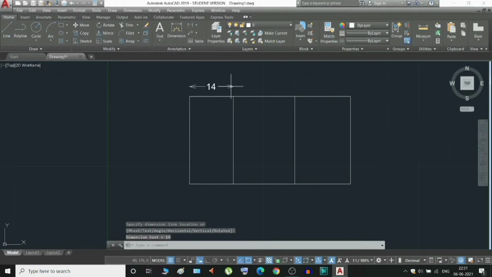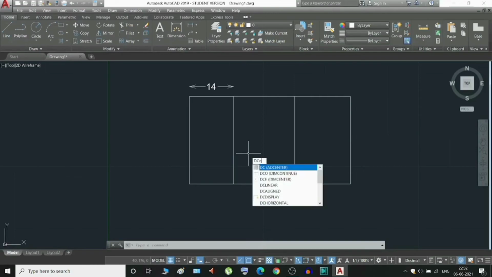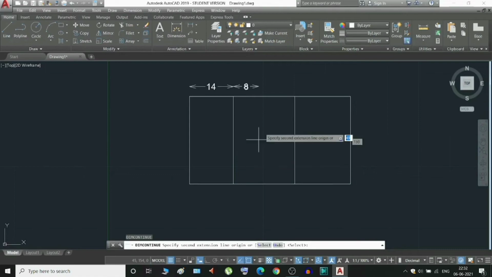Click on this. Then to continue the dimension for this line and for this line, this portion and this portion, we just have to type DCO and enter. It will automatically take you to the next continuous thing of this dimension.